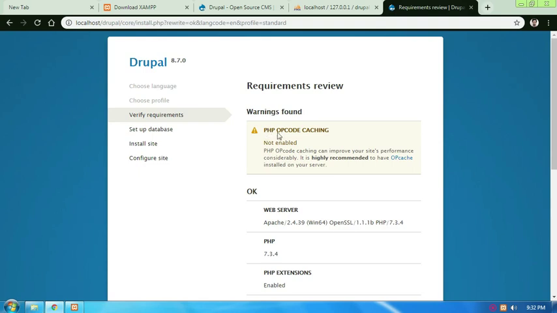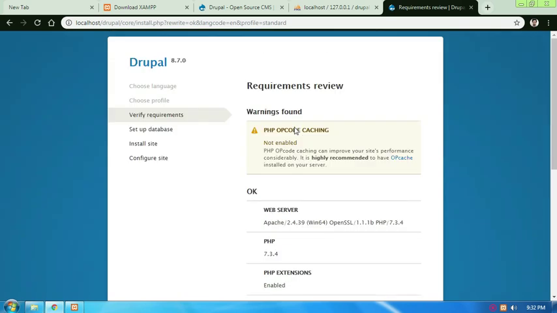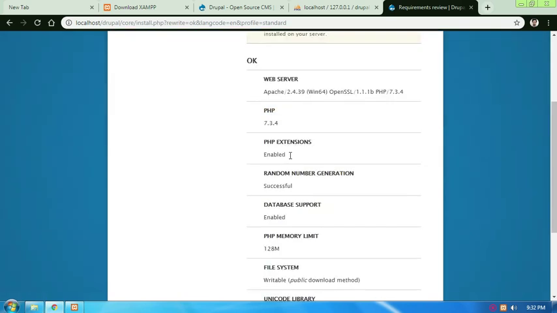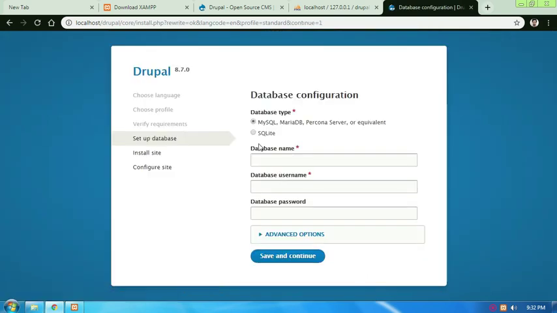Here you can see an error, but you can ignore this for the time. Scroll down the page and click on this continue anyway link. And now you need to type your database name.